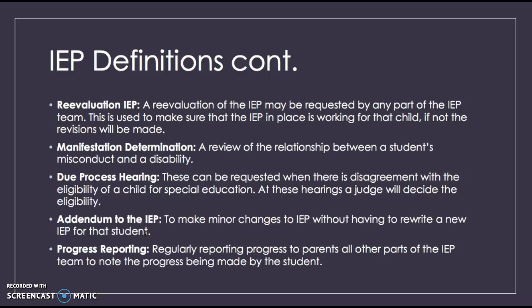Due process hearing. These can be requested when there is a disagreement about the eligibility of a child for special education. At these hearings, the judge will decide the eligibility. An addendum to the IEP is to make a minor change to an IEP without having to rewrite a new IEP for that student. Progress reporting is to regularly report progress to parents and all parts of the IEP team, to note the progress being made by the